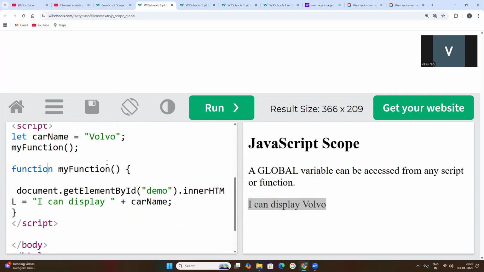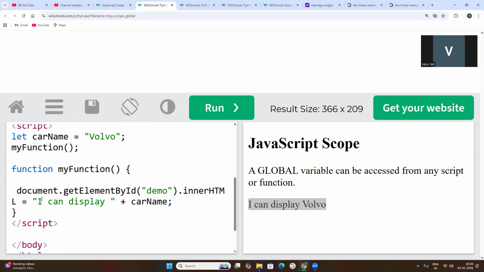Anything can be used as a function name. After the function name, these parentheses, brackets, are very compulsory. Why? Because I told you in the previous classes, functions and methods must be suffixed with the brackets.